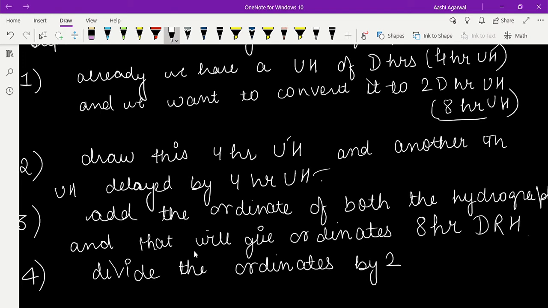So this 2 is particularly for this case, okay? So please, when you are watching this video, please do not assume that you have to divide it by 2 every time. Here, because I am delaying it only one time, so the total duration is 8, which is a multiple of 4, like 4 into 2 is 8. So that's why I have taken 2, okay? So divide the ordinates by 2 and that gives you